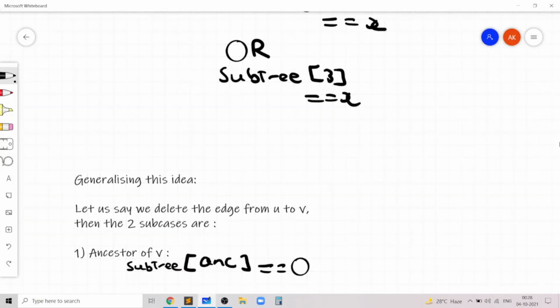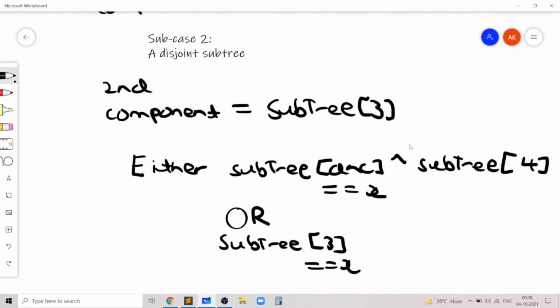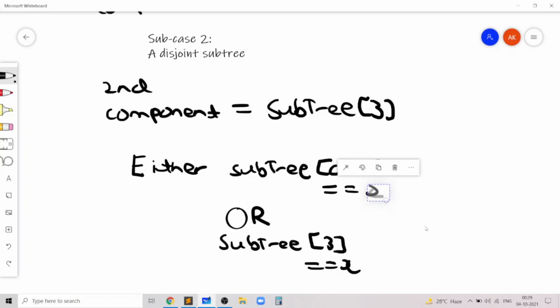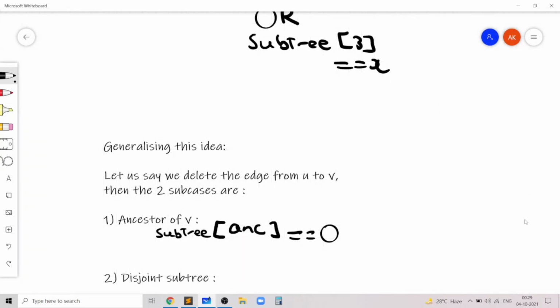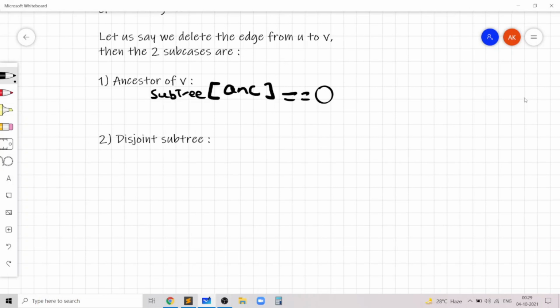That's why we just need to do subtree XOR of ancestor XORed with subtree XOR of v is equal to x. And what I basically did next is, I noticed that subtree XOR of v is x, and that's why we can XOR on both sides to get subtree XOR of ancestor is 0. So that's all that I did. And in this way, we just realized that the condition reduces to subtree XOR of ancestor is 0.